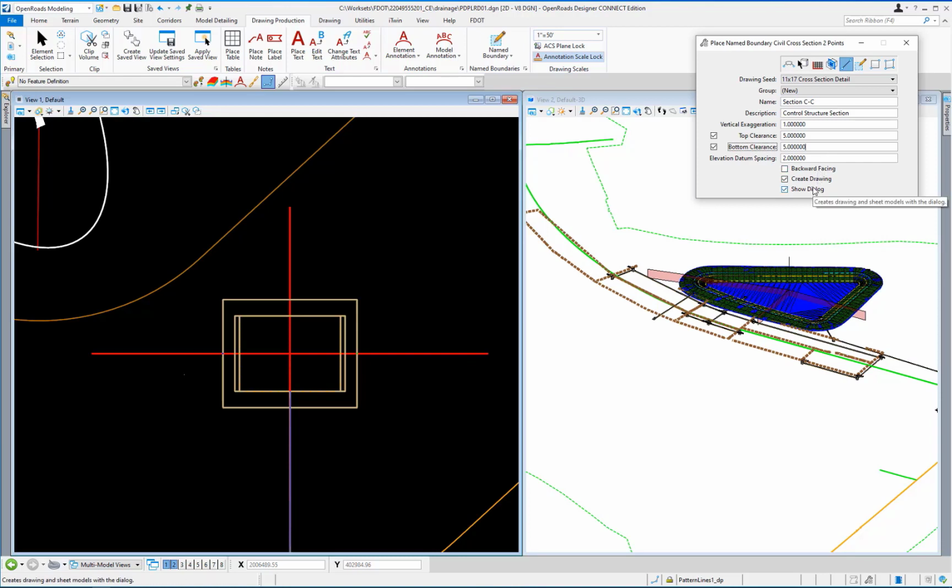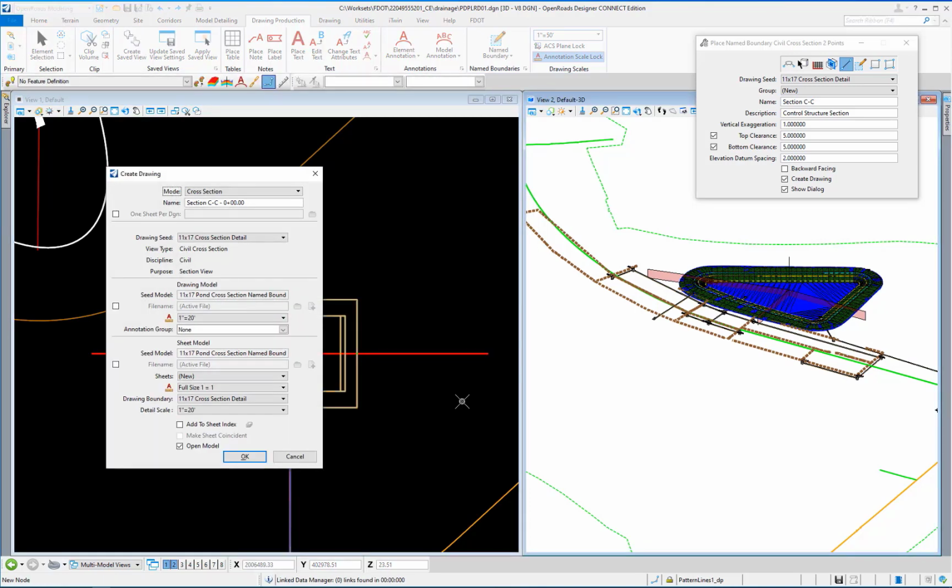Snap to and left-click on the left end of the horizontal pattern line. Snap to and left-click on the right end of the horizontal pattern line. Left-click in the Open and the Create Drawing dialog will appear.